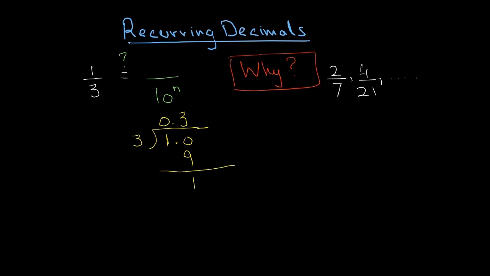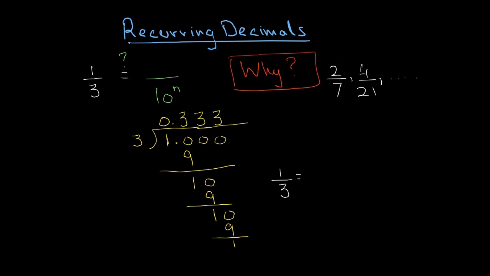I can't give 1 tenth away, so I can think of 1 tenth as 10 hundredths. Then I can again give 3 hundredths to the children, and I'll be left with 1 hundredth. I can't give 1 hundredth away, so I can think of 1 hundredth as 10 thousandths, and then I can give 3 thousandths away, and this will continue, dot dot dot. So what we've just discovered is that 1 over 3